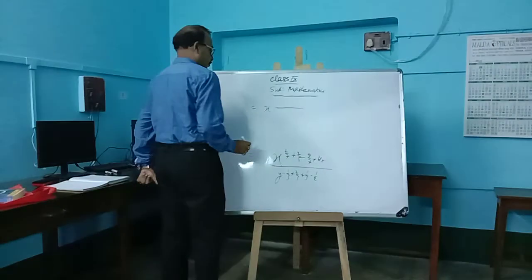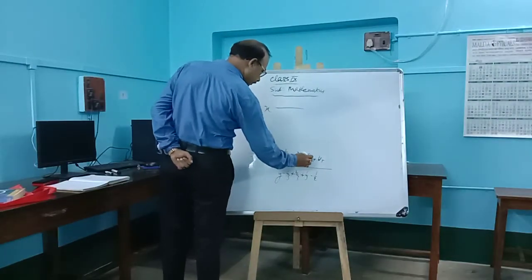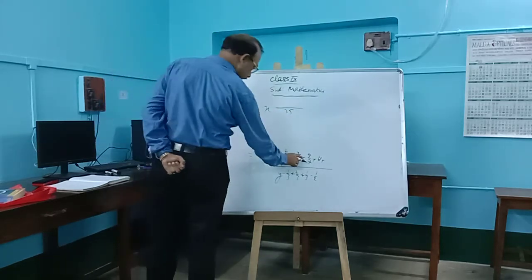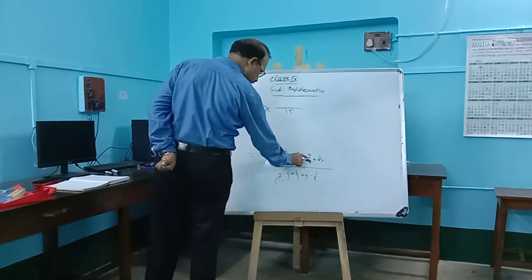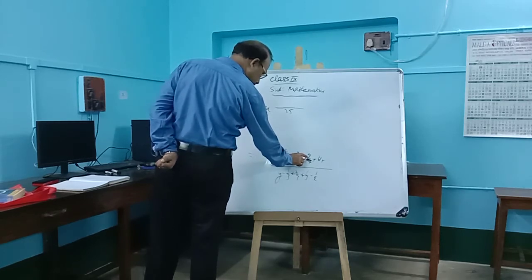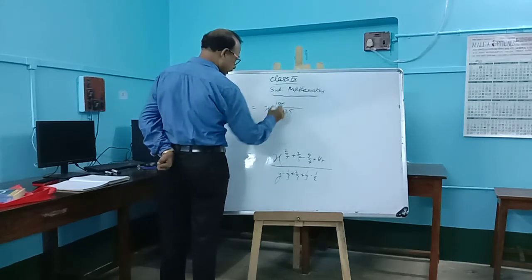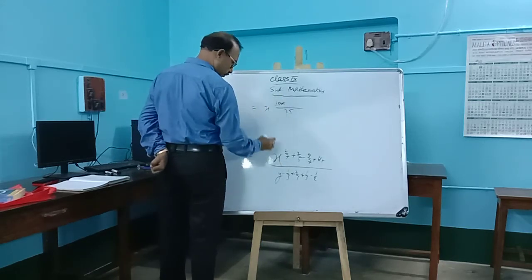Not 2. 7, 5, 7, 5, LCM 35. This was from the first line. 1 is there, minus 9 by 7. 30 by 7, 5 is 10. Simplify going on. Plus